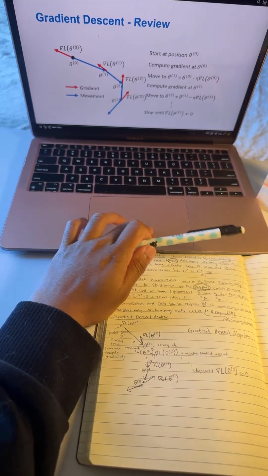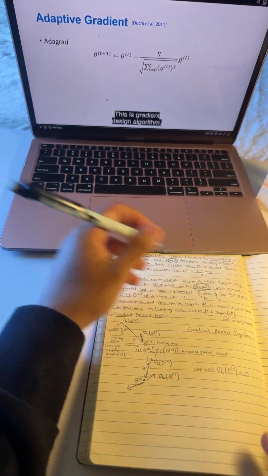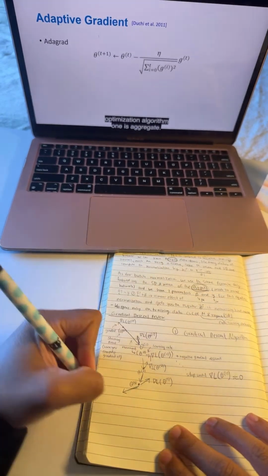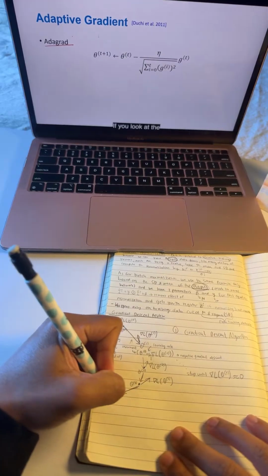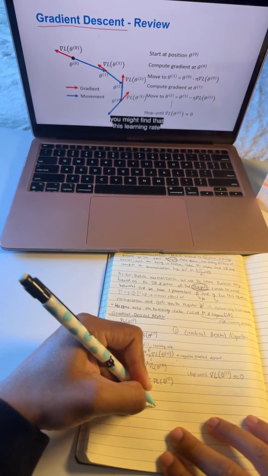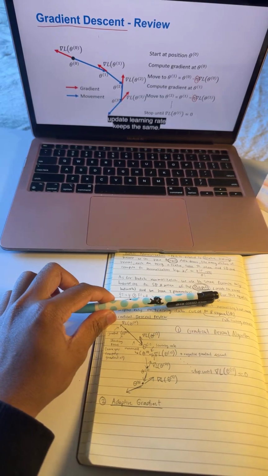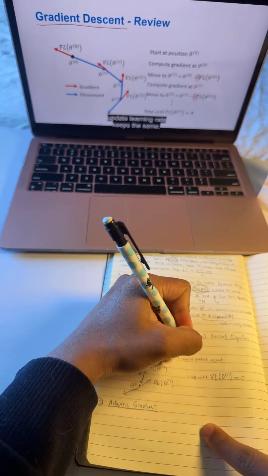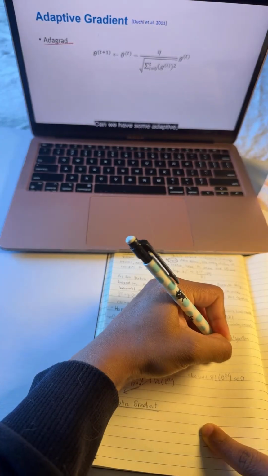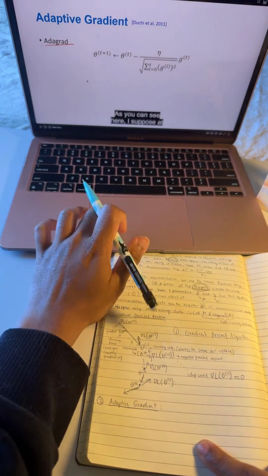The parameter values that give us a small loss function value. So this is gradient descent algorithm. But now let's look at the other optimization algorithm. One is AdaGrad. If you look at the basic gradient descent algorithm, you might find that the learning rate is always the same; in each parameter update, the learning rate stays the same. Can we have some adaptive learning rate? AdaGrad gives us this option. As you can see here,